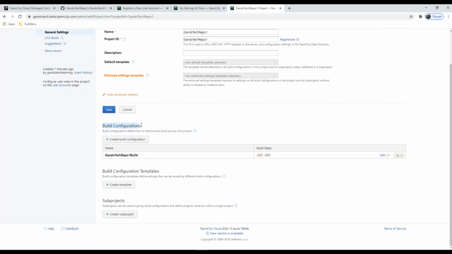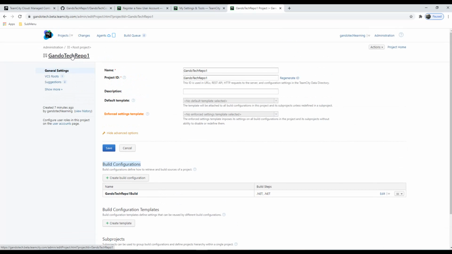The other major thing as part of your project is the build configuration. You can have multiple build configurations within your build project, because sometimes your build project is not talking about only one piece of work. For example, maybe you don't want to bring the deployment part into your build steps, and you want to do it separately or manually. In this case, you have to create a separate build configuration rather than putting it in the build steps